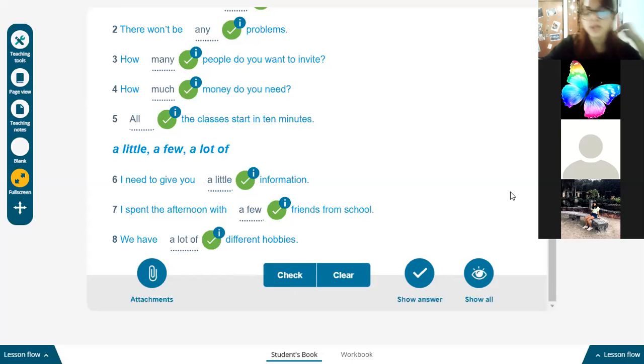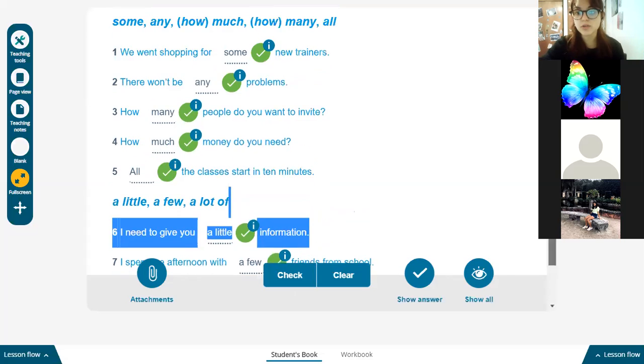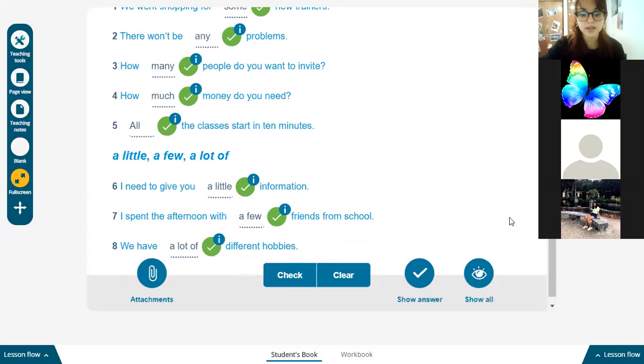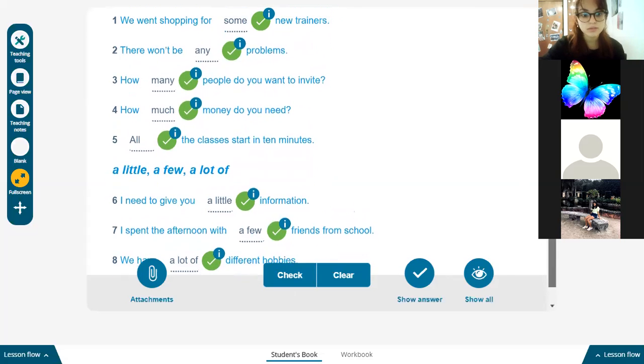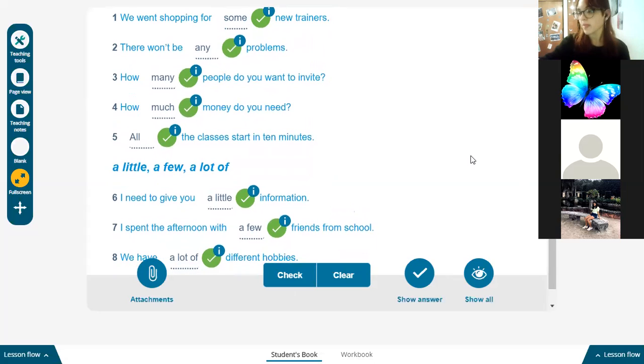Very good. I'll give you 2 minutes for you to write this down. Remember, you can take a screenshot, you can write it down on a piece of paper if you don't have the book, and if you do have the book, you circle the correct option or underline it, whatever you feel like.